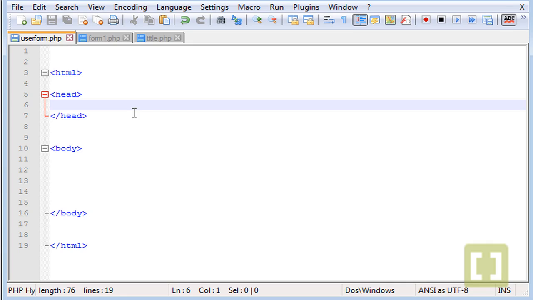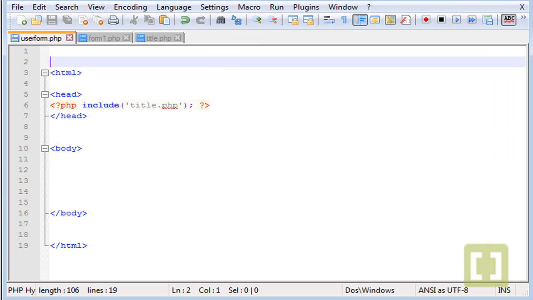Now what we do is basically call the form1 PHP and the title PHP to include them here, but we don't need to put all the code. We just need to put some PHP code and type include, and since we are in the same folder, we just type title.php, close it, semicolon, and close the PHP code. Now if we run this,